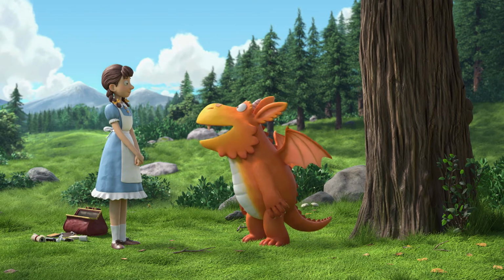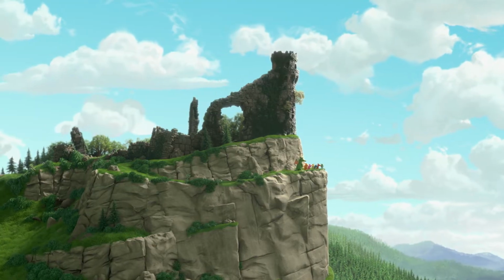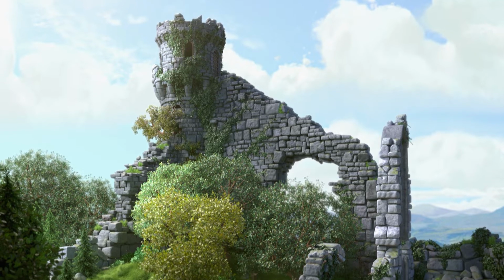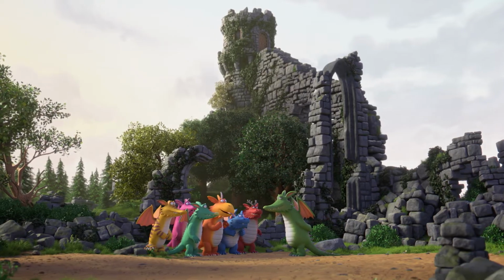What a good idea! One of the things that we really had to concept and create from scratch was the Dragon School. We took some inspiration from the books, but that was a key location of the film that we had to completely create. All the Year 4 dragons were learning...